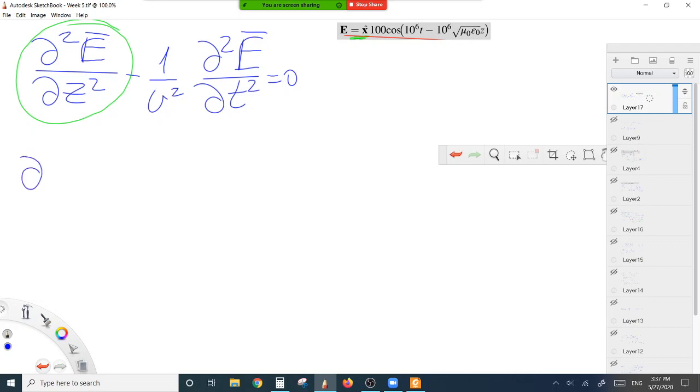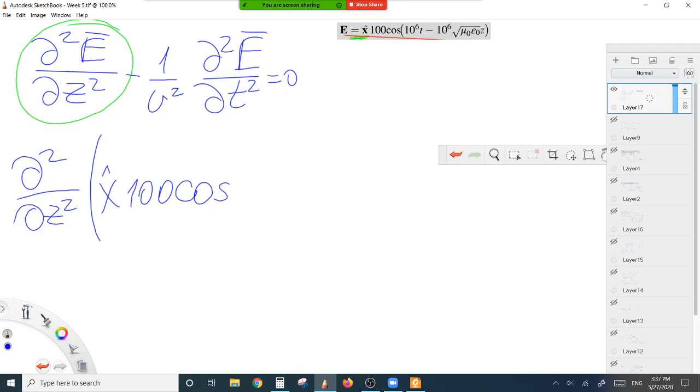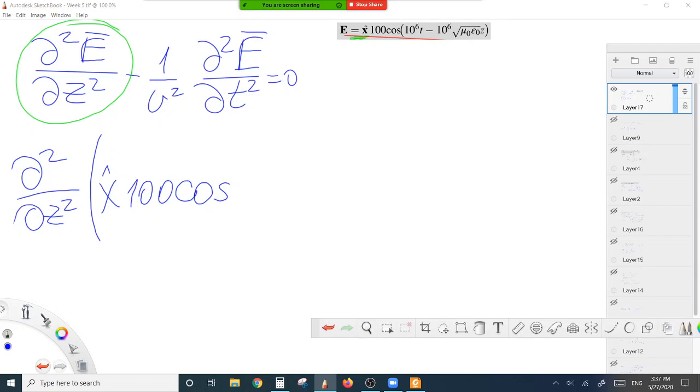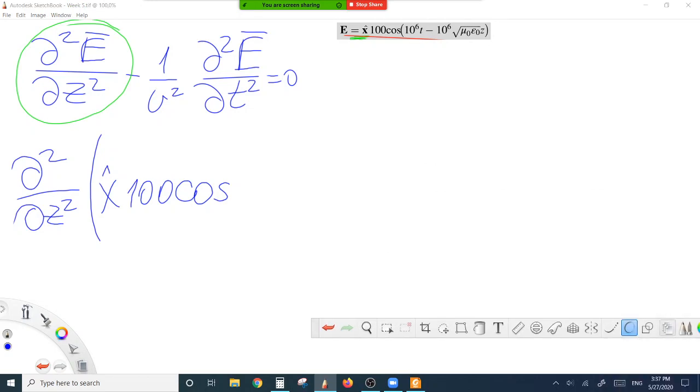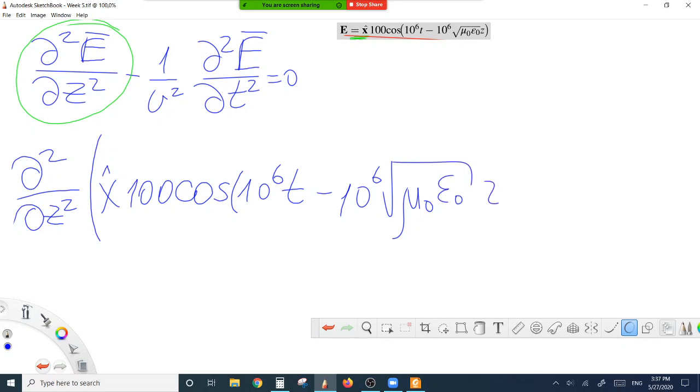What we have: d squared over dz squared of x̂ times 100 times cosine(10 to the 6 t minus 10 to the 6 square root of mu 0 epsilon 0 z) equals